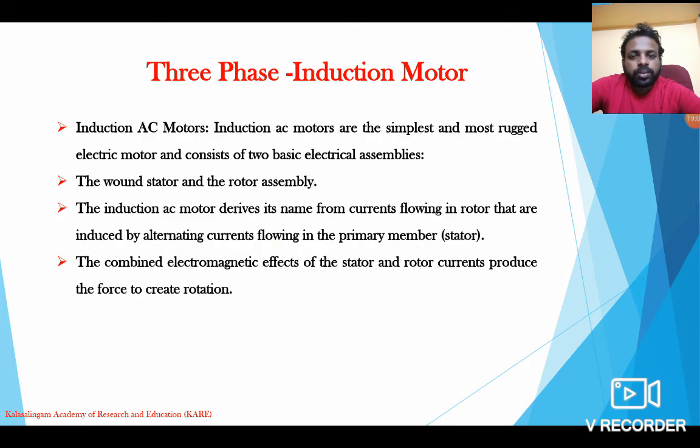So our next type is the three phase induction motor. In a three phase induction motor, the stator slots have three different sets of windings. For example, A, B, C, three different sets of winding. It is wound over the stator slots. When you supply three phase AC current to the stator winding, it creates rotation of magnetic flux. So the three phase induction motor has a number of advantages compared to the single phase induction motor. It produces higher torque as well as higher speed and high starting torque compared to the single phase induction motor.